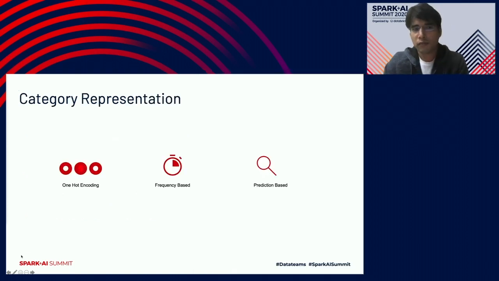Now, we saw how we can represent a user using different frequency counts or the time spent on different pages, right? But there are definitely some alternative approaches that can be used to represent a customer journey. Let's take a step back. Rather than representing a user itself, let's just stick to categories as of now. So we have seen there are different page categories the customer is going through, like reviews, you have finance related pages, you have service related pages. So a conventional way to represent any category, a discrete category, is one hot encoding, right? Where you represent,